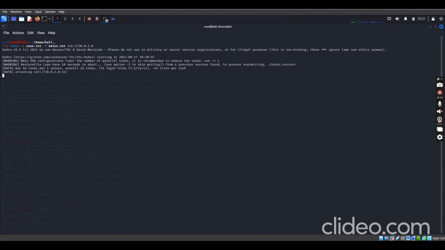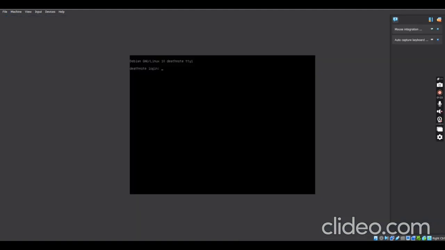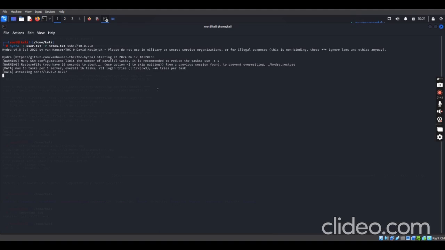That will now give us the result which we are going to use to log in to the server itself. Remember, the server is in this form, asking for the username and login credentials here. If we're able to get the credential for the SSH, then definitely we can try it here or even try it on the attacker's screen. Let's go back. We'll wait a bit to see if it's going to get the matching usernames and passwords.